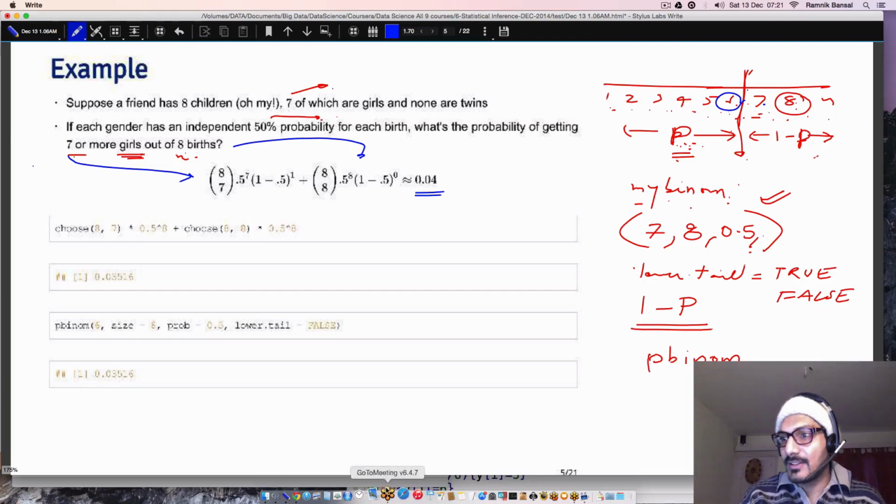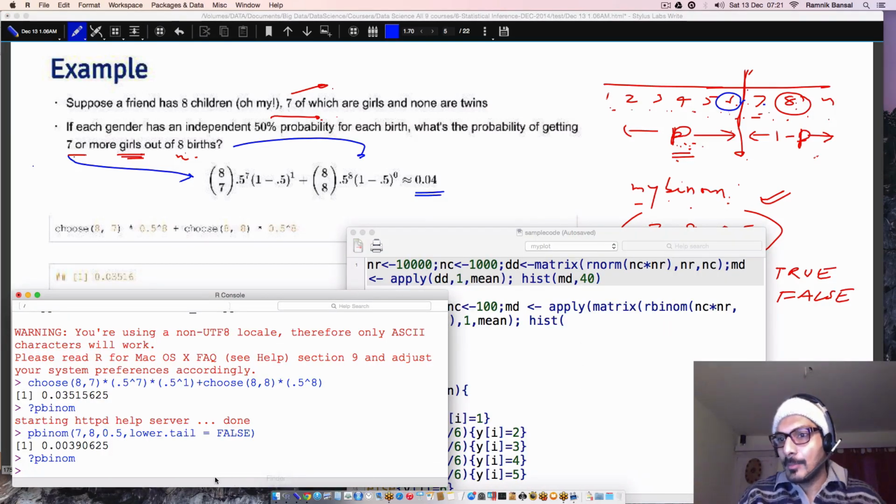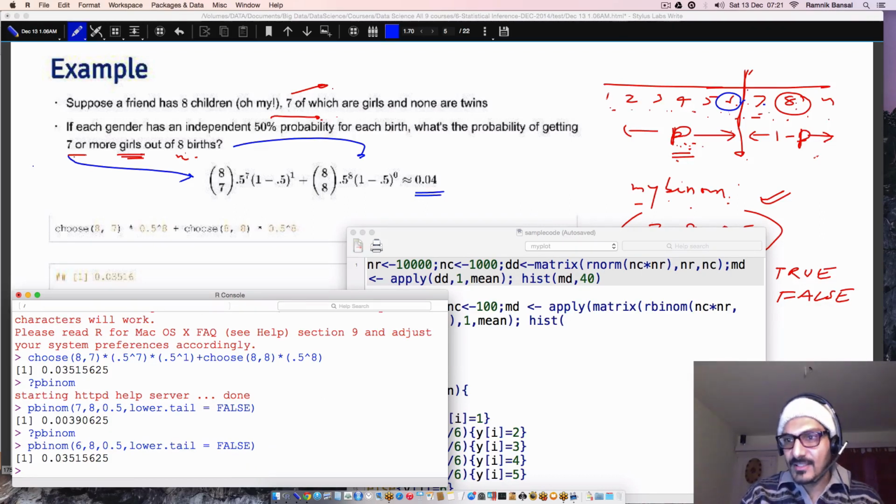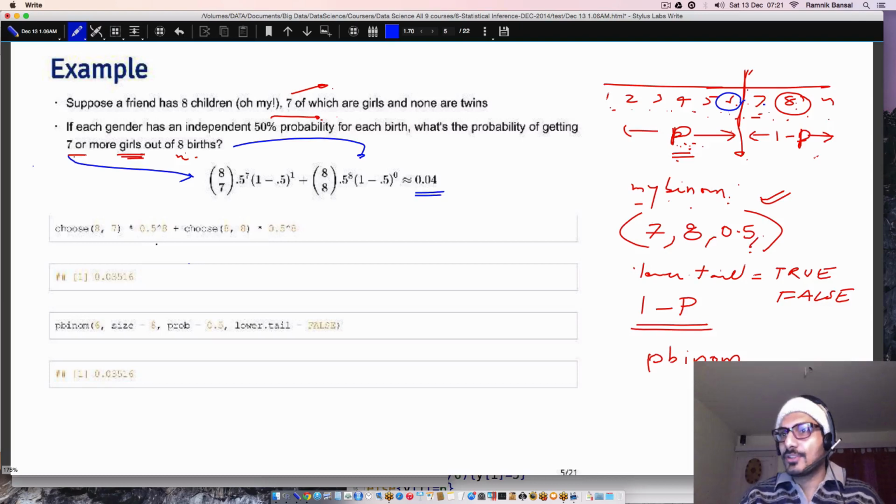So given that, what is the change that I need to make here in my formula? Tell me. Instead of 7, it becomes 6, and I get the same answer. Is this fine? So you've understood how we computed binomial probability using the pbinom function? All right,